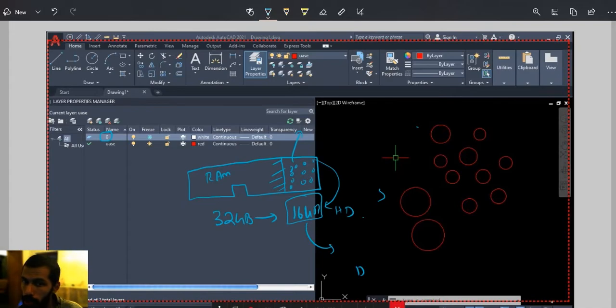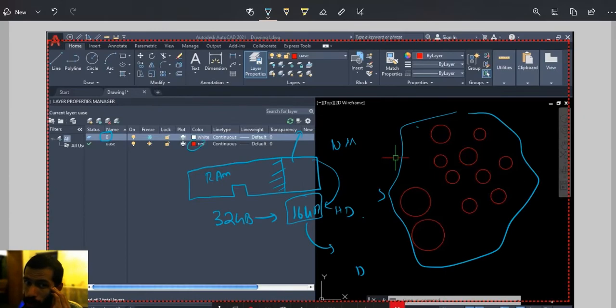Right now all of these 10 million items are frozen, and we don't want to track them. So your display buffer is free and only has to track the existing red layer, which makes your computer very fast. Technically, in the practical case, I don't think any drawing will have this many polygons or points to track. So in a practical sense, we don't want to use freeze